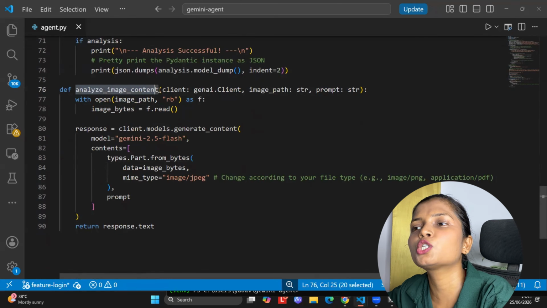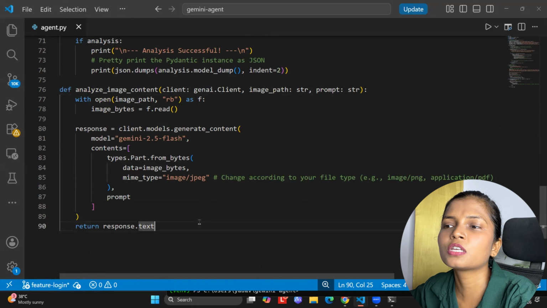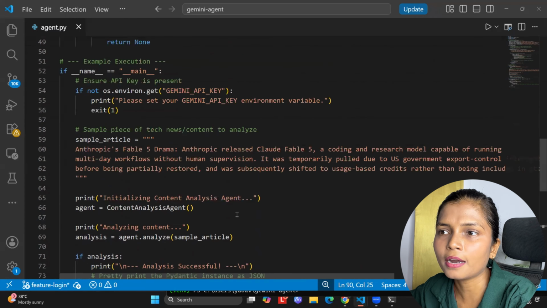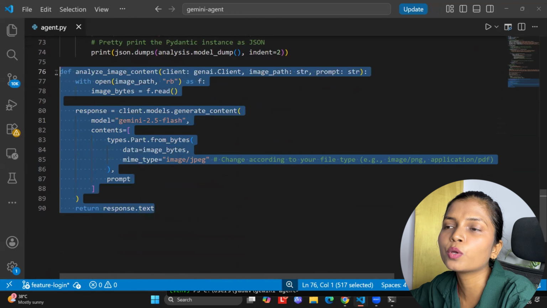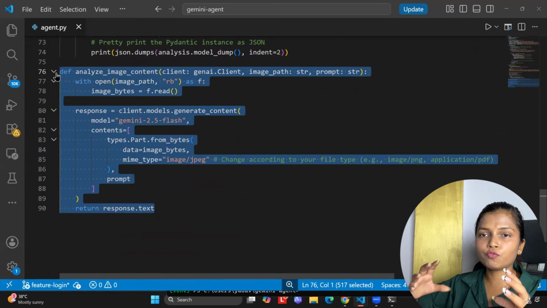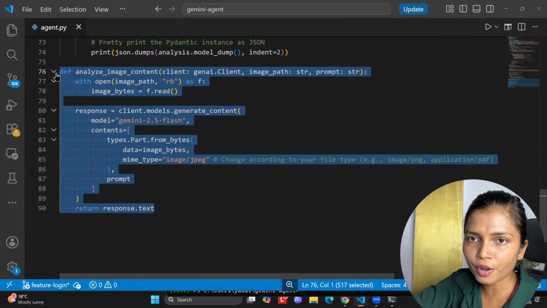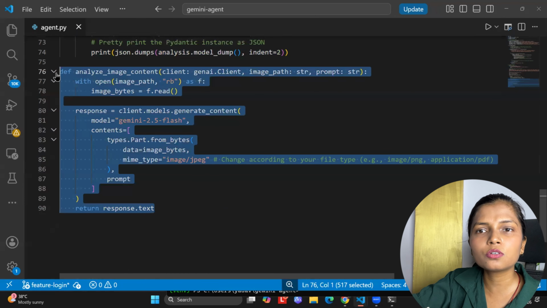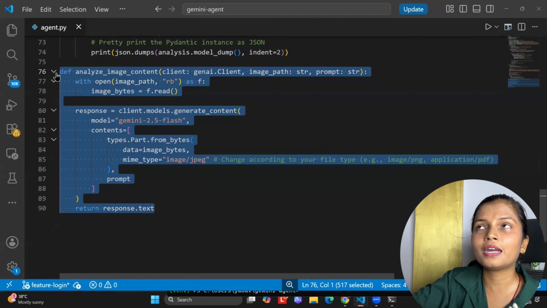Now, if there is any image content, that too can be initialized. You just have to save it in the same format as the sample article. And then you can even work with the image content. So you can create a simple AI agent with a few lines of code, but you should understand how OOP works: how to create a constructor, how to create clients, what to define within the constructor, what to define within the methods, and how to use public, protected, and even private members of classes.